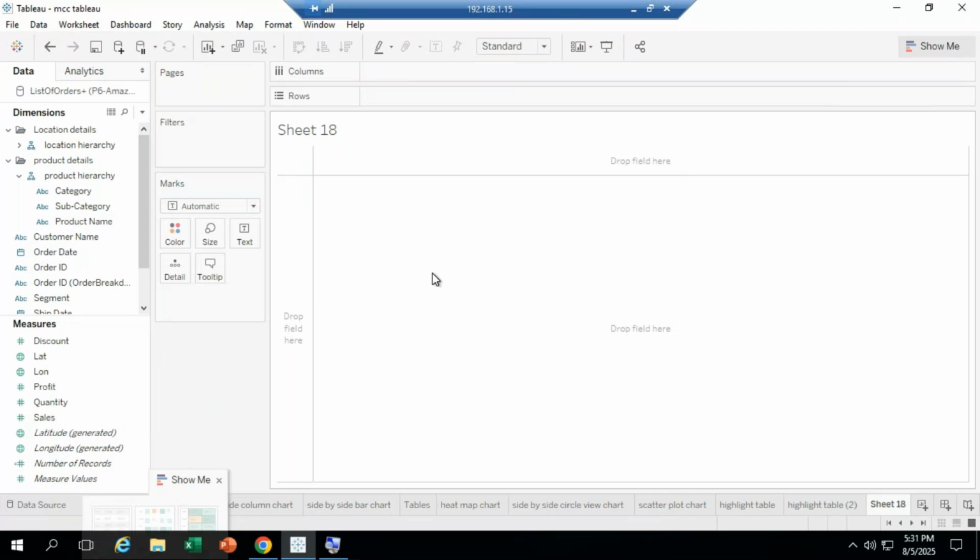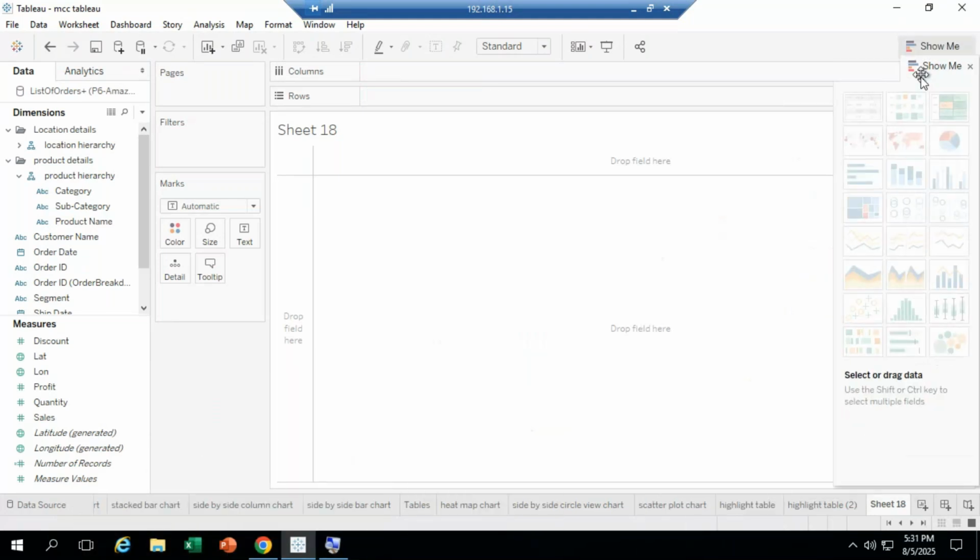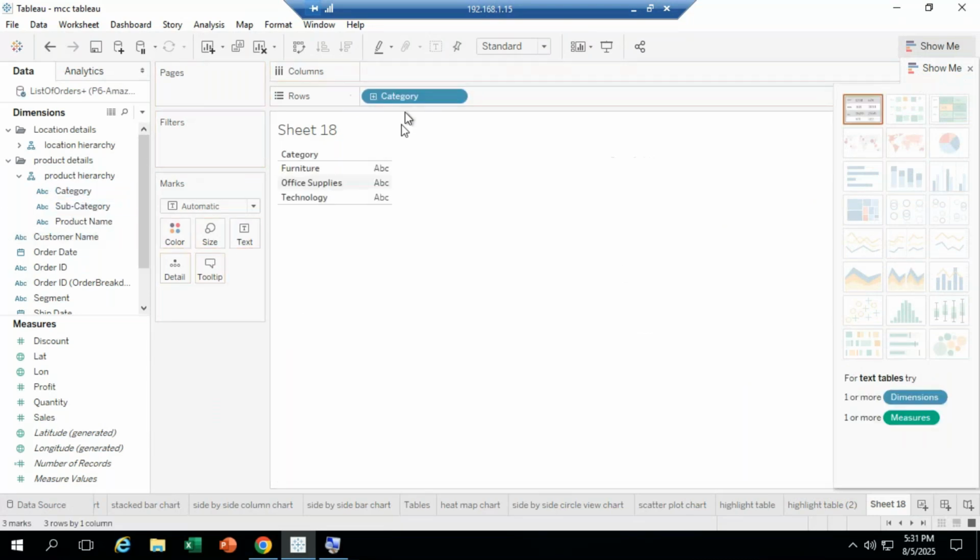We have to use date-wise data. So that's why if you select the date wise, then only that area chart is going to activate. For a simple example I will show you. Drag the category into the rows. Okay, then sales into the